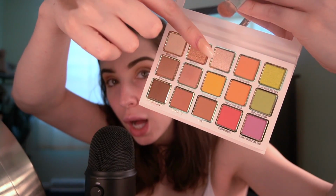So I'm gonna add this Twice the Ice color, which is just a sparkly champagne color. I'm just gonna put that. I almost said I'm gonna post that. Okay, that's actually pretty. I like that. It's almost just like glitter dust, so you can still see the